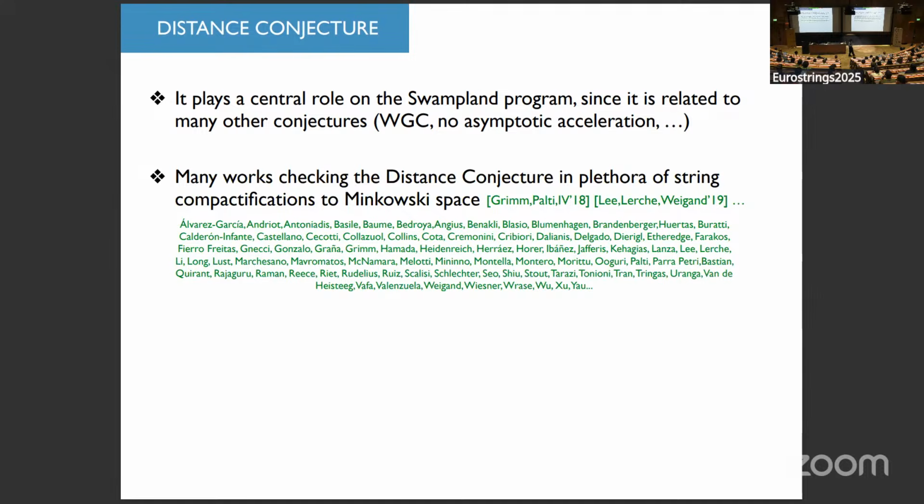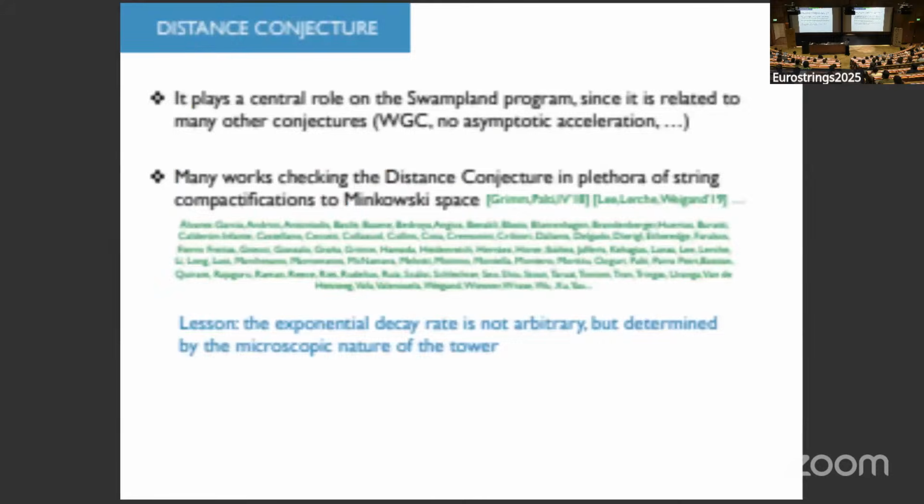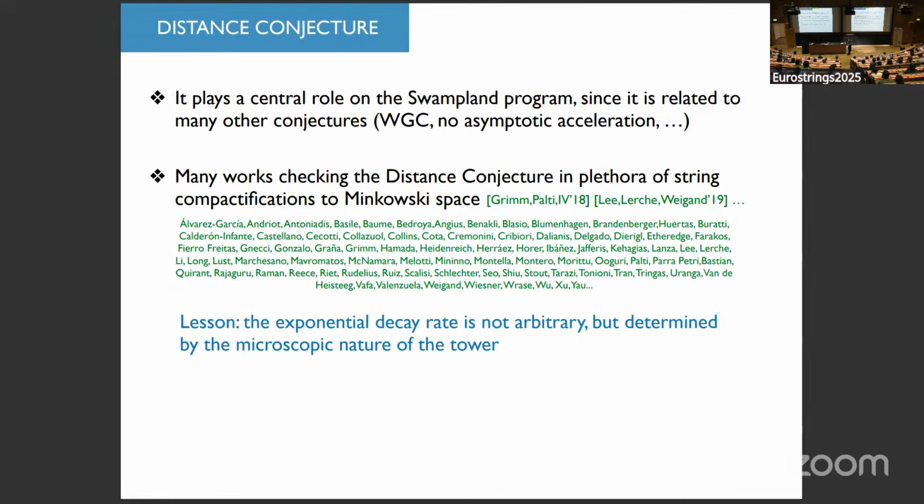So that's why there have been many works in the past year testing this in the context of string compactifications to Minkowski space, where we have supersymmetric moduli spaces and we can control what's going on in different corners. There are many things I could tell you about this, like many interesting patterns and relations we have found, but the important one for this talk, one of the lessons we extracted by doing this, is that the exponential decay